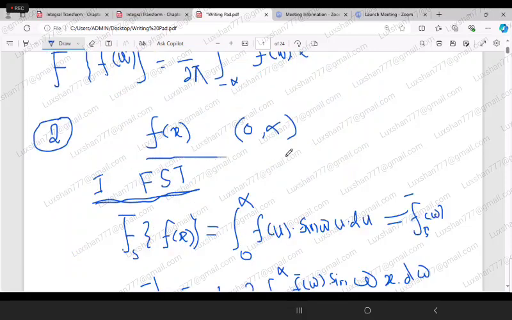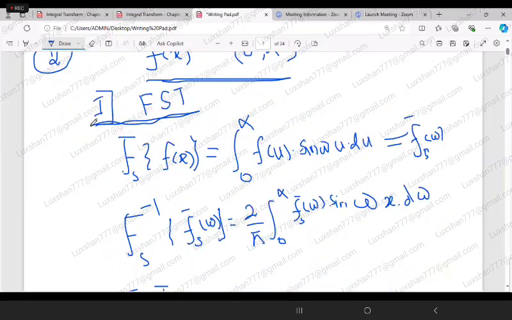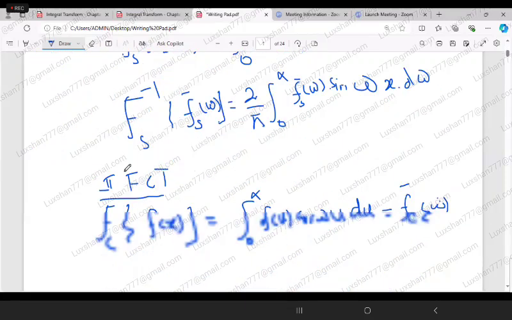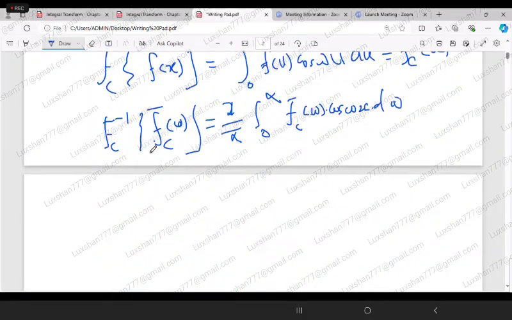When the function is defined in this range, we can find two types of transformation. One is the Fourier sine transform. The other one is the Fourier cosine transform. Right? So this one we are familiar with. The second thing is